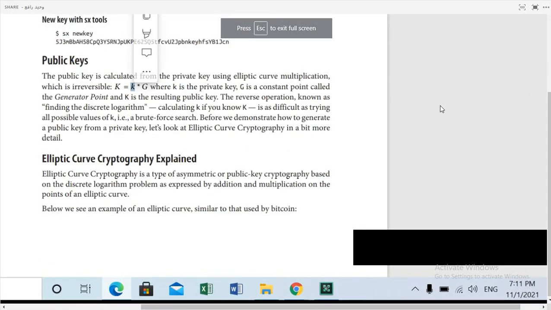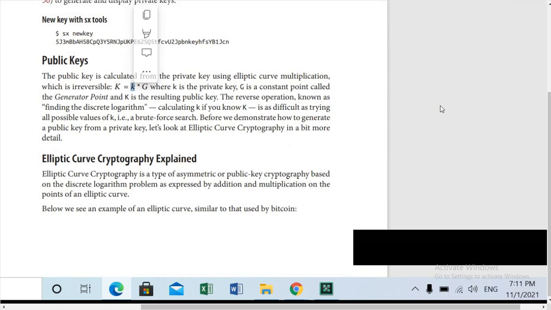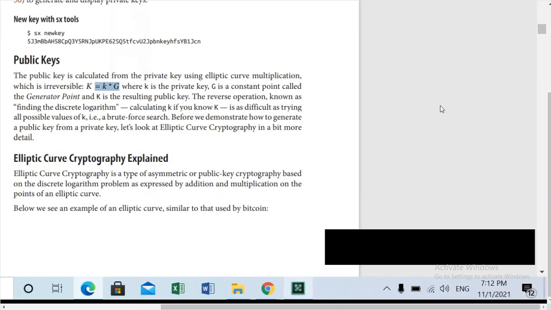Then K is a private key. It is a large prime number. It's generated randomly. Then using this equation, we should find K. K is a point and is a public key. Okay. Calculate this equation. K times G means that you must